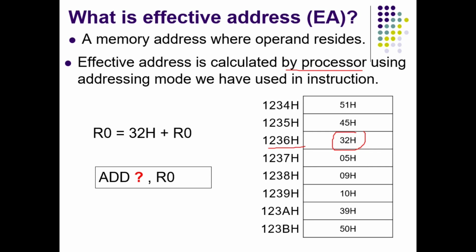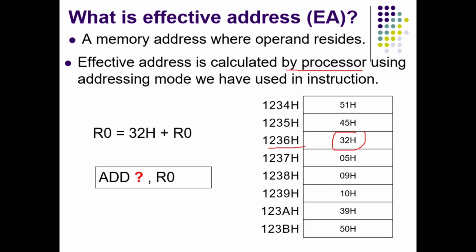So what happens is, when we mention a particular memory location in our instruction, we may not directly mention the address in various addressing modes. A few addressing modes do not allow the programmer to mention the effective address directly. That time the processor has to interpret the actual effective address by making use of which addressing mode we have used. So the processor finds the effective address and then fetches the particular operand from the memory.